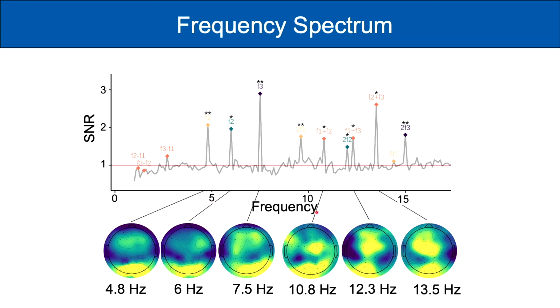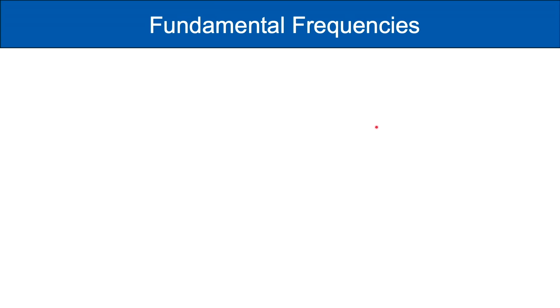This graph shows the frequency spectrum of EEG data. On the x-axis, you see the frequencies. On the y-axis, you see the signal-to-noise ratio. The peaks above SNR 1 indicate statistically significant peaks. This is just to show you the overall spectrum, and that even when we present very thin arcs in the periphery, we were able to see clear peaks at the fundamental as well as the harmonics and the intermodulation components. So now we will look at specific comparisons depending on the perceived number of items.